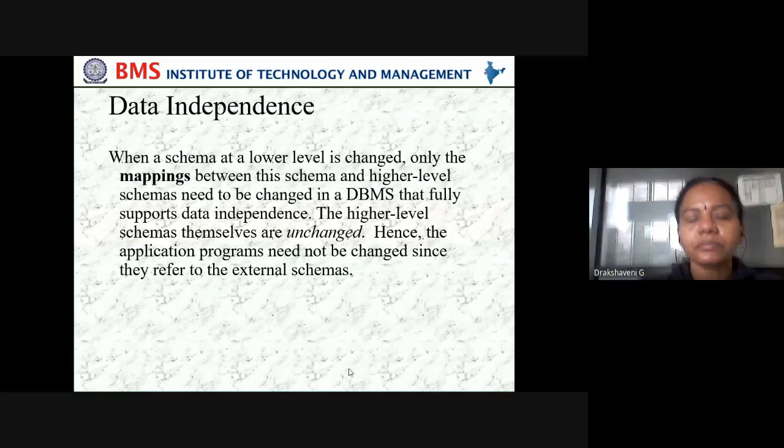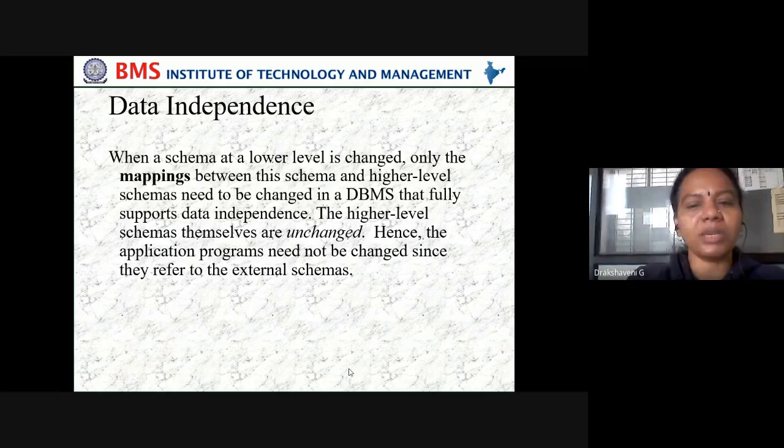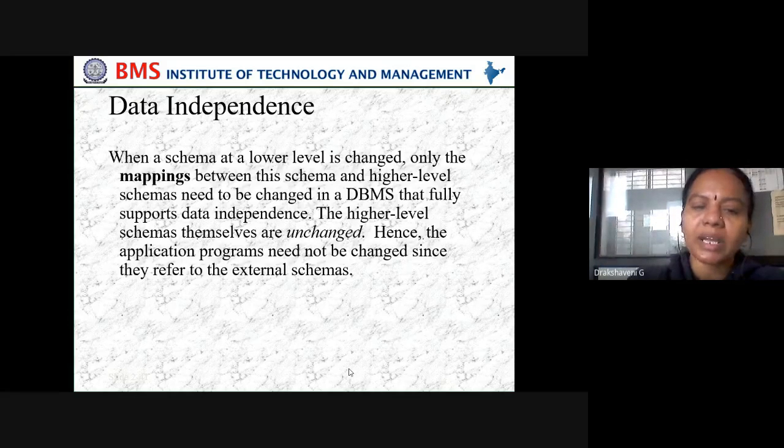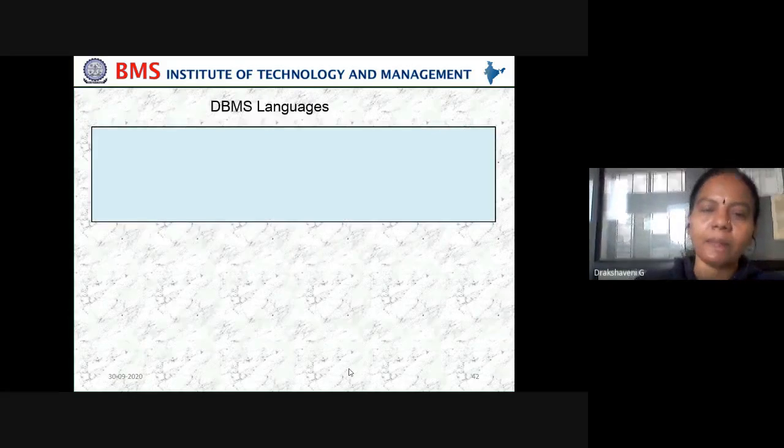When a schema at a lower level is changed, only the mapping between this schema and the higher level schema needs to be changed in a DBMS that fully supports data independence. The higher level schemas themselves are unchanged. Hence, the application programs need not be changed since they refer to the external schema.